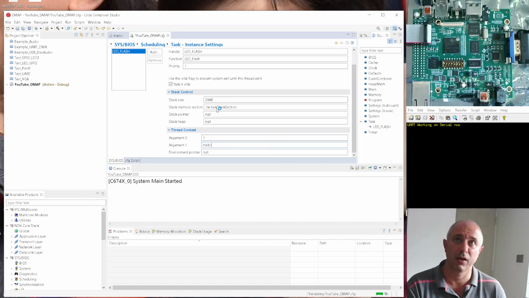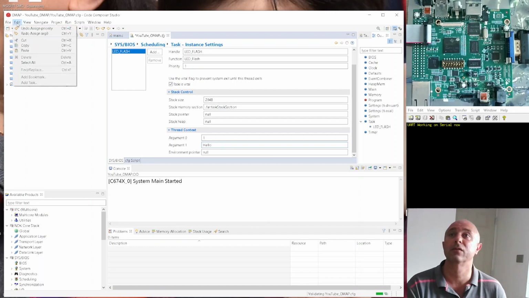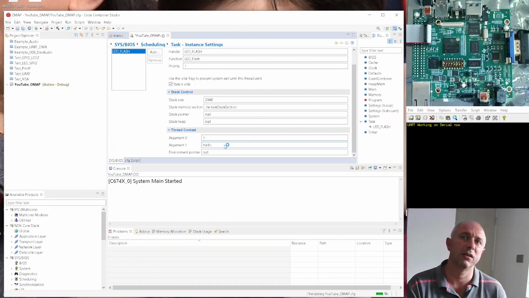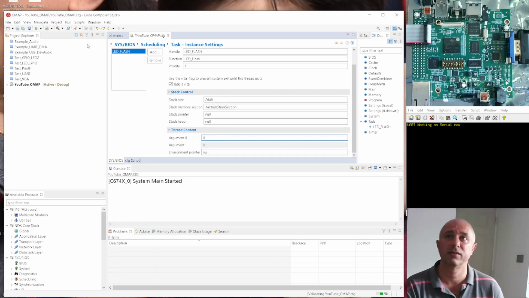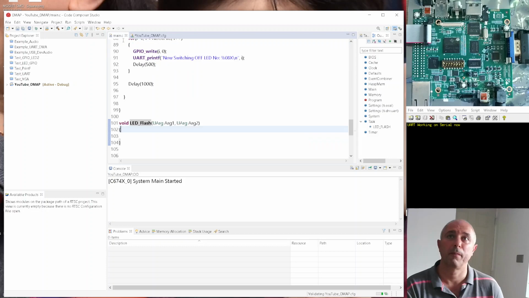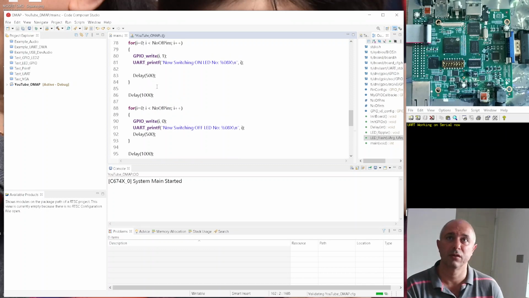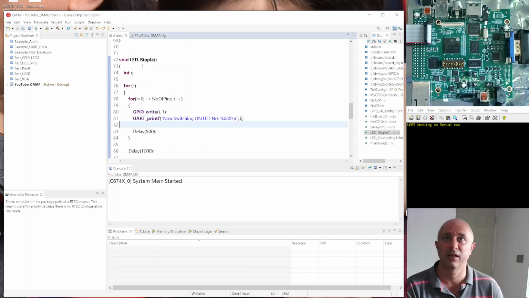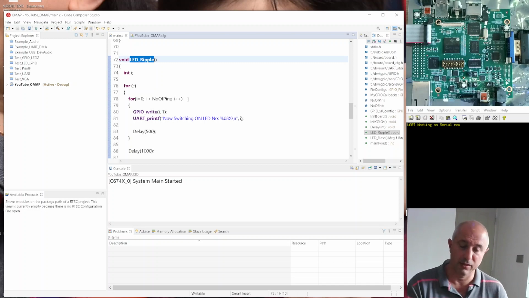So yeah, we're not doing that, and so if I undo this, right? I did it in silent priority. Anyway, that's fine. Yeah, so let's just put 0 and 0. Okay, so we're not passing anything to it. And so now the LED flash. And in the LED flash, what I'm going to do is call my function. That's exactly why I kind of isolated it. So if I do LED ripple,